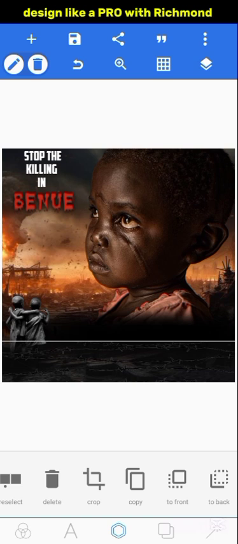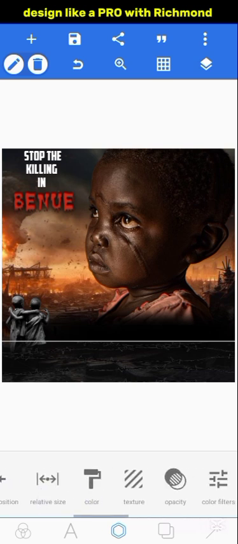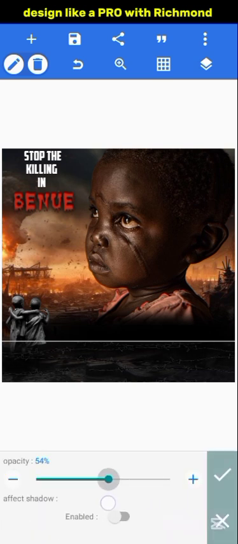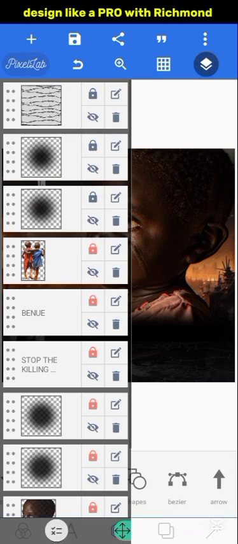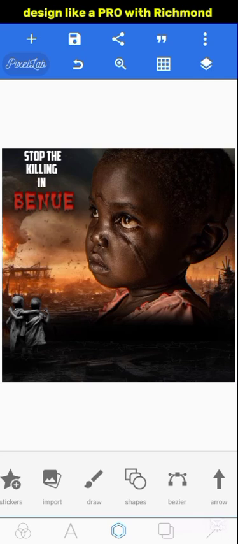I reduced this thing. I reduced the transparency. Like that. Most of you didn't notice that there was this thing there. I reduced the transparency. You see, this is it. So it's already there. So the next thing I did was to splash blood on the boy's face because I